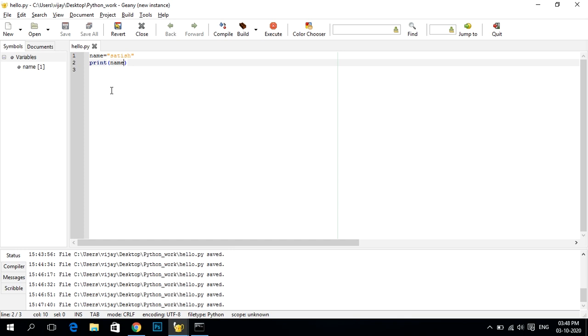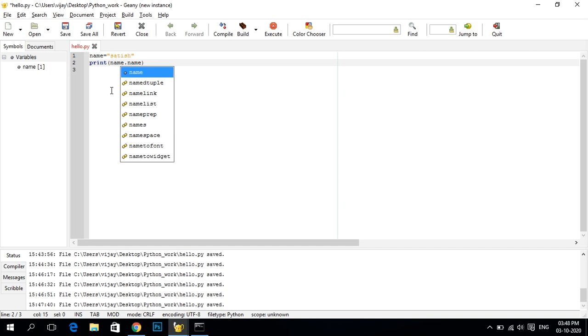I am giving a dot after name, writing name dot title. So the method here is title, and this title method is separated with the dot. This dot after name tells Python to make the title method act on the variable name.